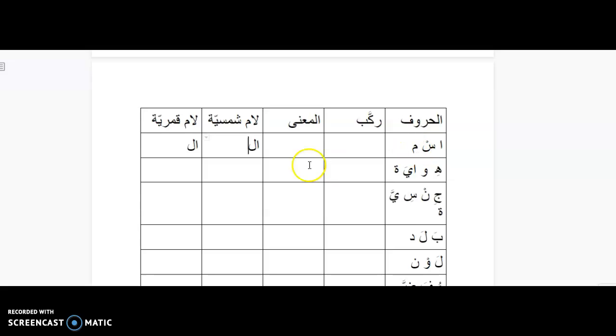So for kalimat ism, let's try kalimat ism. Alif is a harf qamari. You can go back to your notes. You have the letters that belong to this category in your notes supposedly and in here. Alif is a harf qamari, so it doesn't belong to this one. So I'm going to leave this one alone. I'm going to put the alif, ism here, and I say